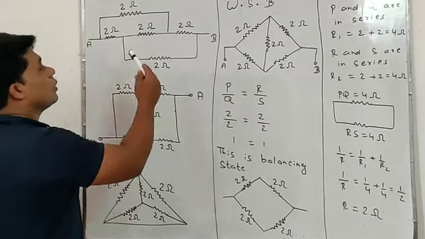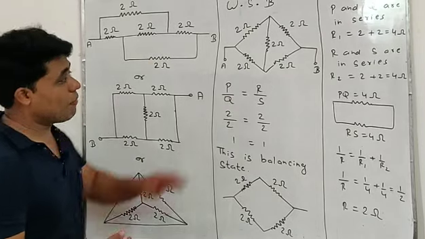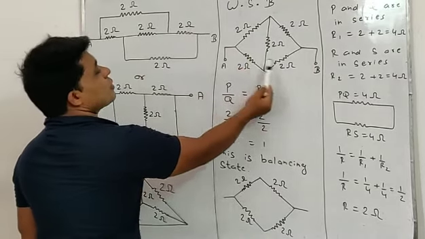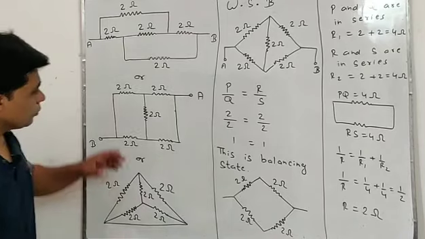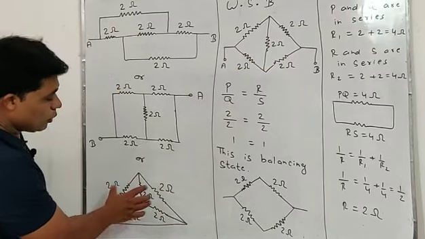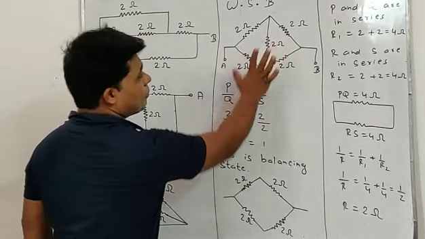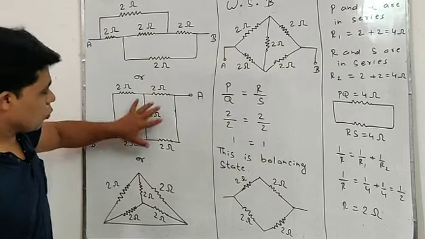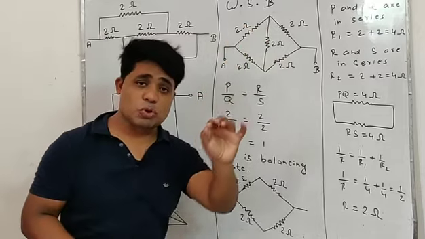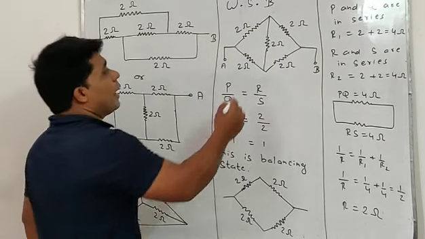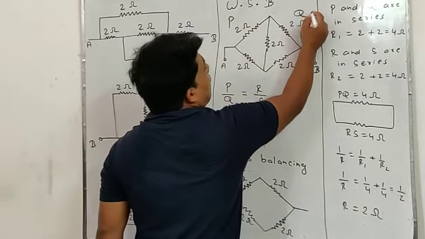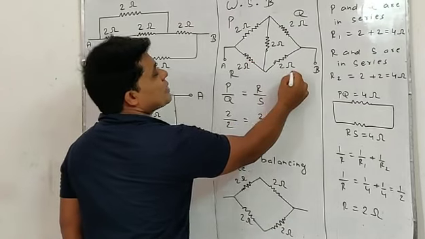Okay, look at students. All these three circuits have this form. Look at two resistances upwards, two downwards, and one in the middle. Similarly, two upwards, two downwards, and one in the middle. So all three circuits have this same form, and this form is said to be the Wheatstone-Bridge form. Assume this resistance as P, that's Q, this is R, and that is S.